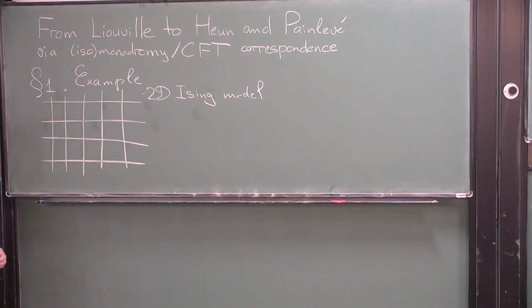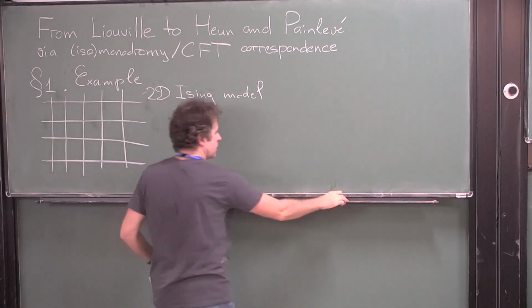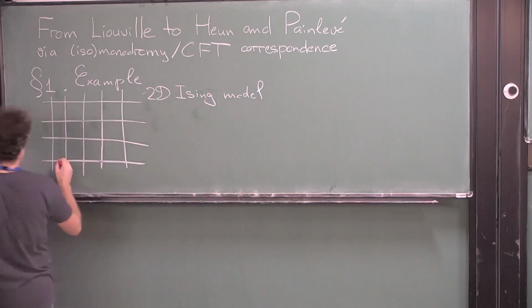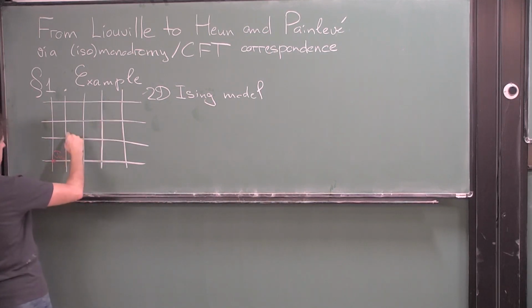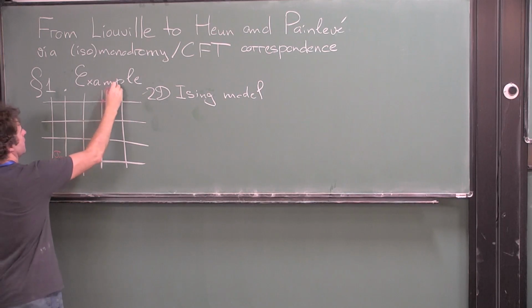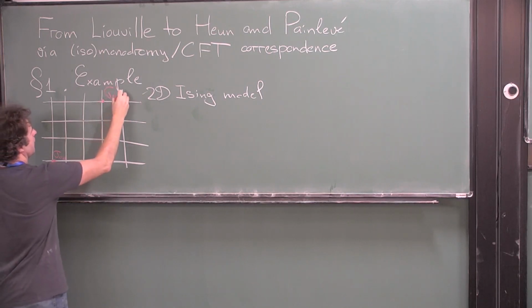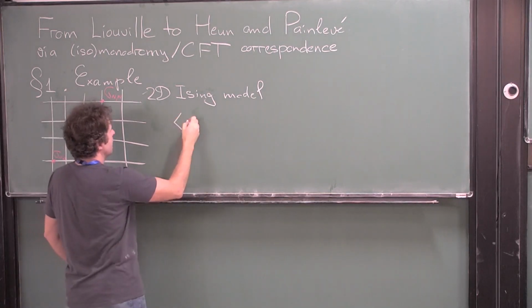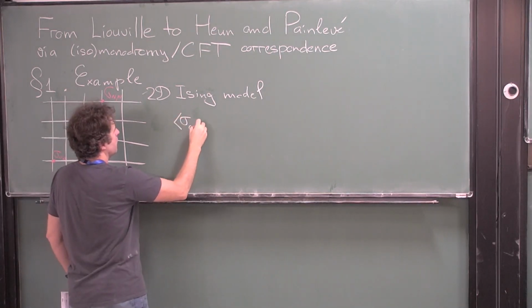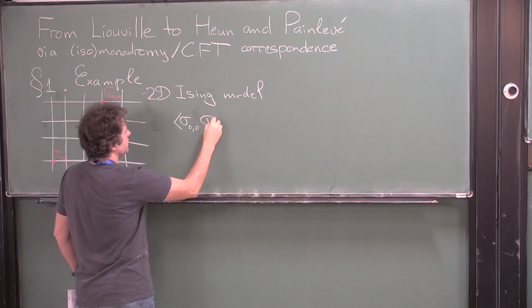Suppose we are interested in the spin-spin correlation function along the diagonal. So we put a spin sigma 0,0 somewhere here, and a spin sigma n,n, and we want to compute the two-point diagonal correlation function,